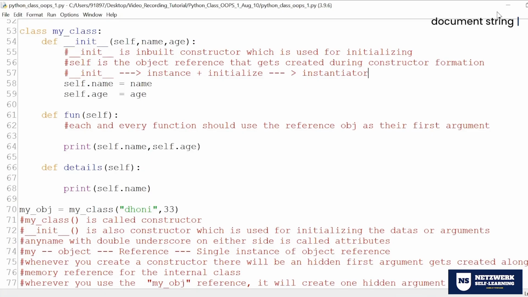Bounded means you are trying to do anything based upon a specific object reference. That means you're bounded, dependent. So that's why it is called the bounded class mechanism. So this is what the basic constructor looks like. These are the things that I want you to make a note of.